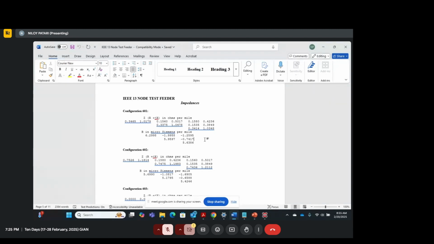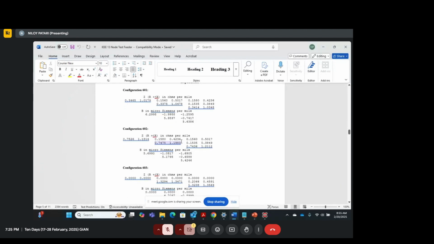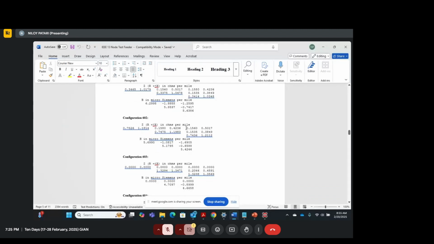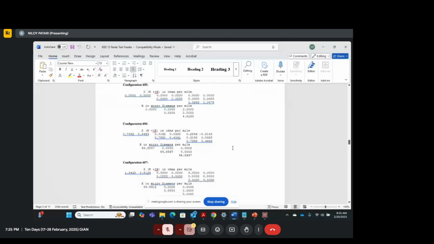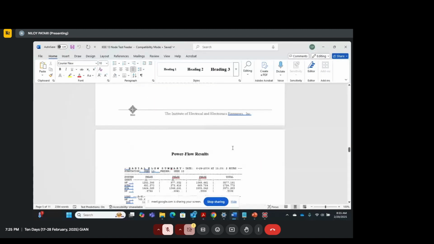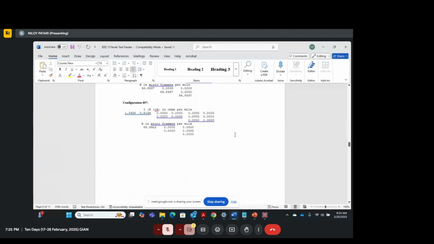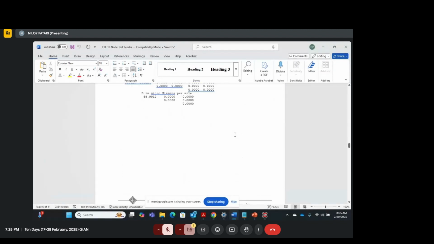And so you take the Z values, which are R and X values. So each of these line configurations will have those R and X values, right? So you just take these R and X values and multiply that with the line length, and you'll get the R and X value between two nodes, right? And then you have these power flow results. So once you put down all this configuration, like how each of the nodes is connected,